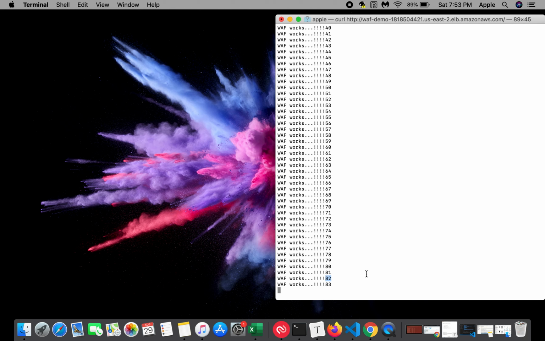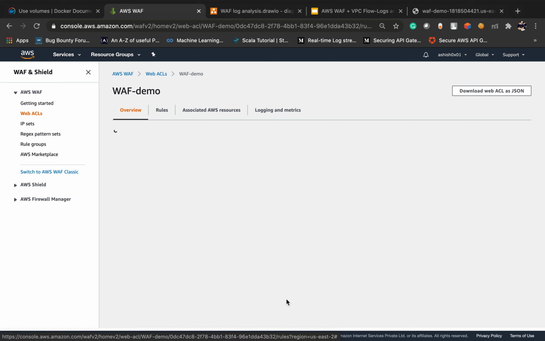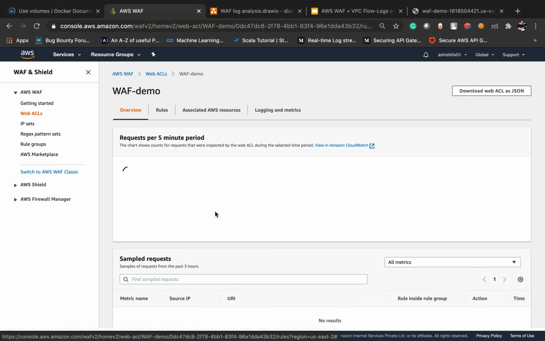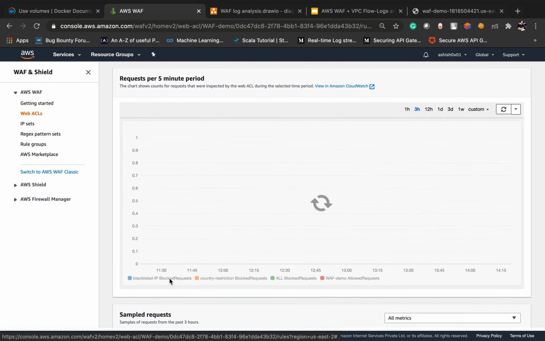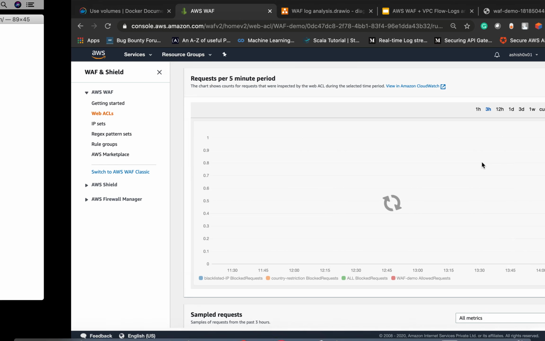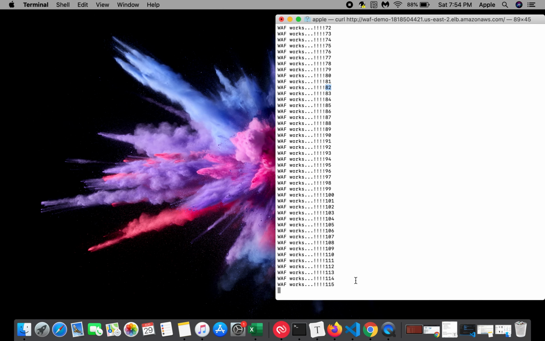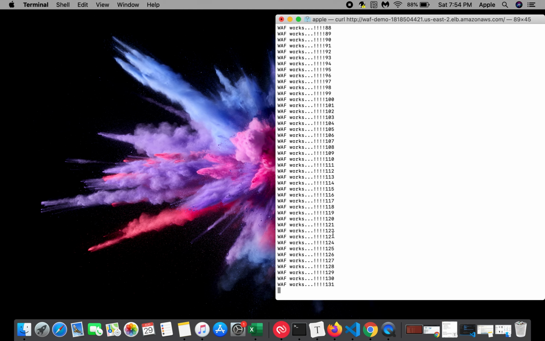Eighty, 81, and also in this dashboard you can see all requests here, and also what rules it is filtering. Currently here we are getting one web demo allowed request. If we come here, okay, it is as web works.